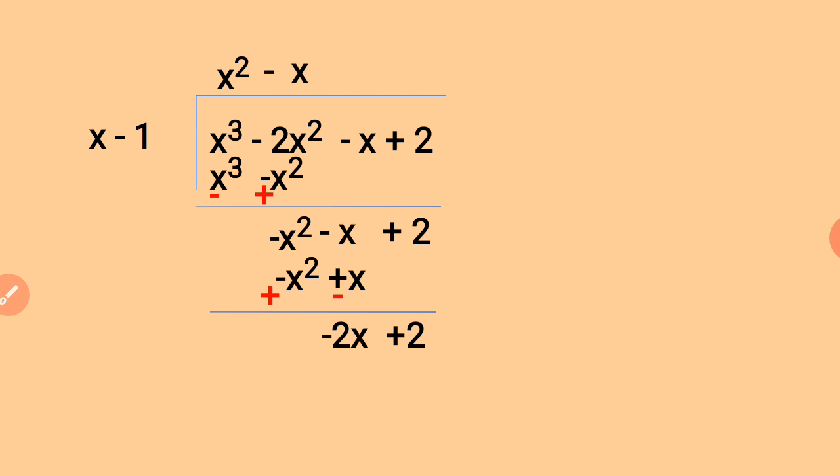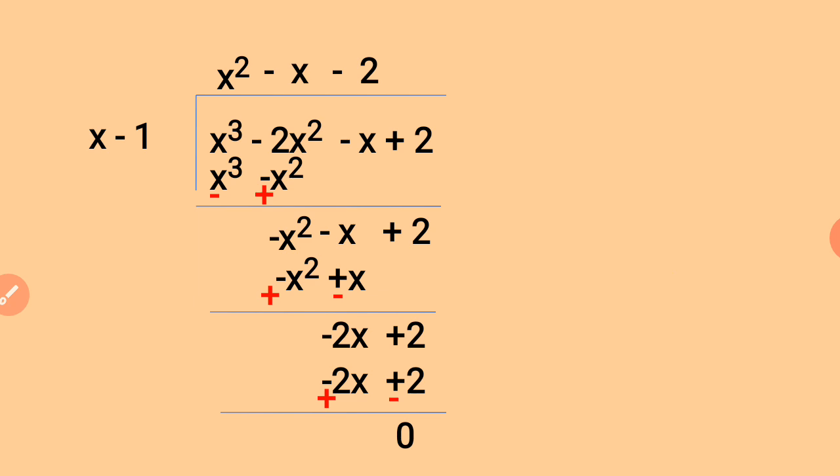Now again, check for x and minus 2x. We multiply by minus 2. And this is how we proceed with the division. Finally, when you subtract, you get the remainder as 0. Why have you got the remainder as 0? Because we have already proved that x minus 1 is a factor of the given polynomial. So you have to get the remainder as 0.